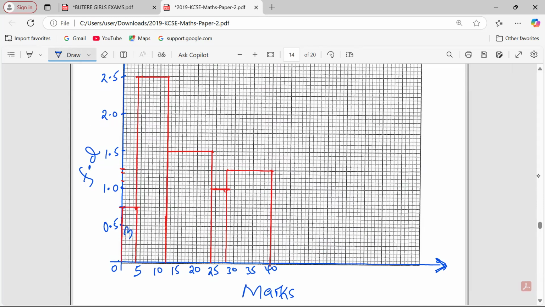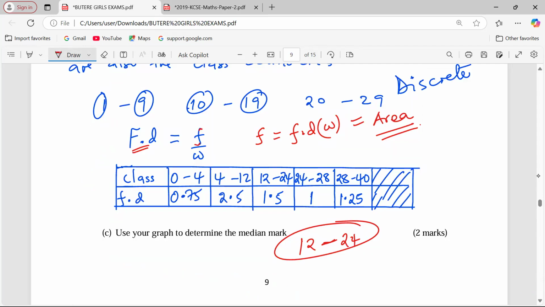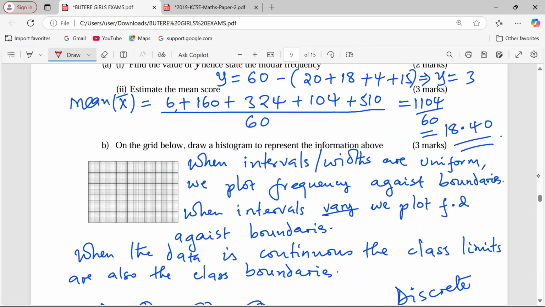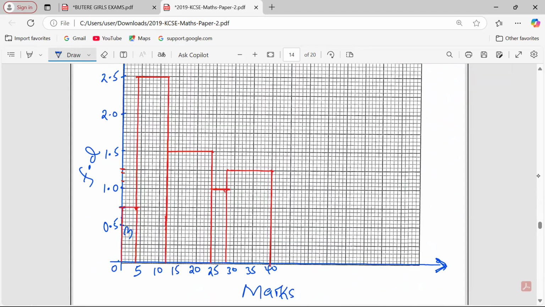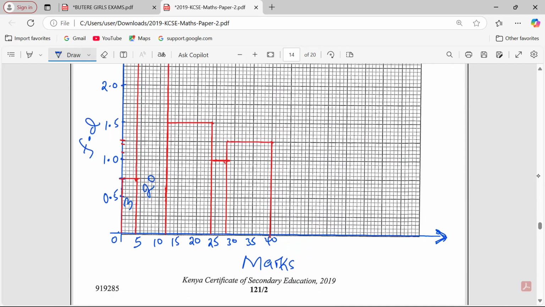3 students. Then in the second class, 2.5 and a width of, this from 4 to 12, so a width of 8. We are getting 20 students, and I hope that is the right value. So there are 20 students in this class, which means now for us to get the area that will give